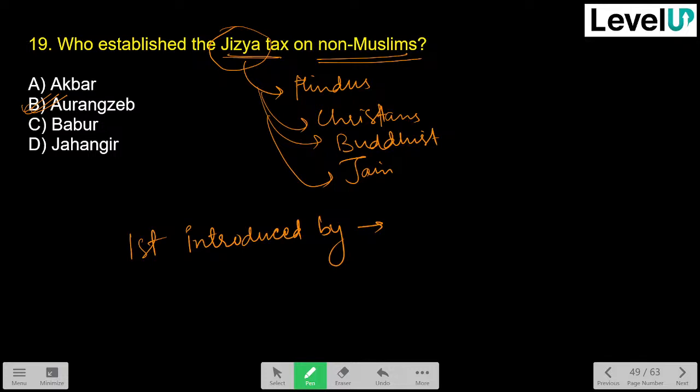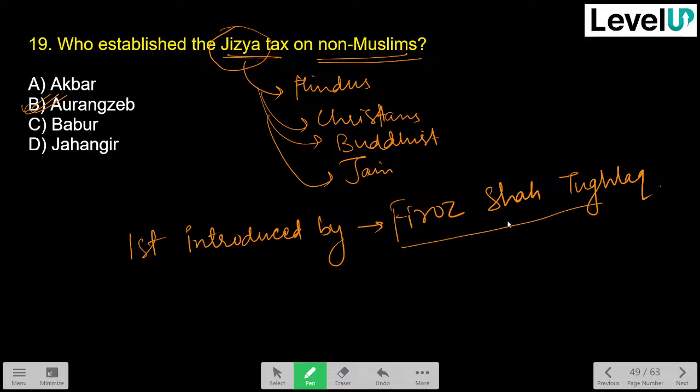So it was Firoz Shah Tughlaq. Actually, he introduced four taxes. Firoz Shah Tughlaq introduced four types of taxes. It was known as